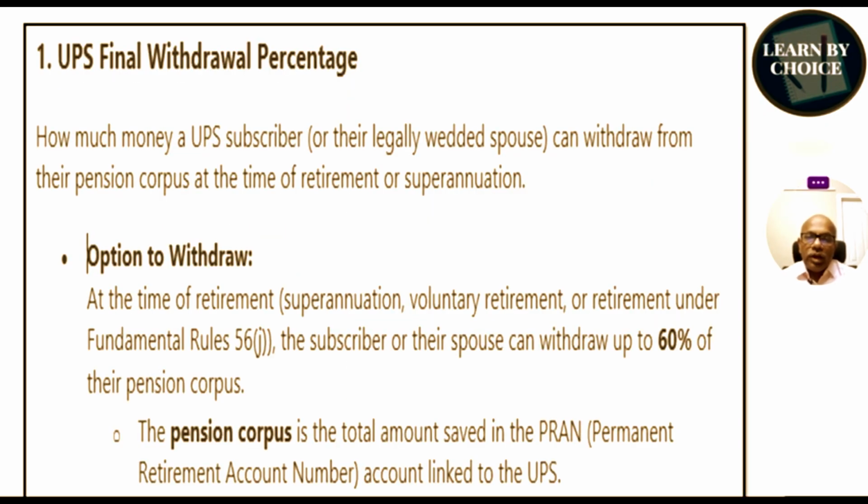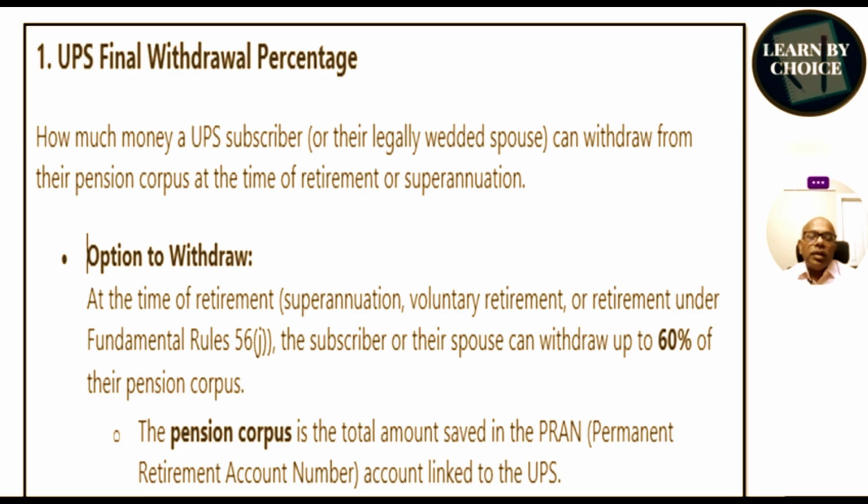In UPS, the final withdrawal is allowed and it is permitted for the UPS subscriber at the time of retirement or superannuation. This final withdrawal can be availed either by the subscriber or by the legally wedded spouse. The options under UPS for final withdrawal allow up to 60% of the pension corpus in the plan account. Withdrawal is allowed at the time of superannuation, voluntary retirement or retirement under Fundamental Rules